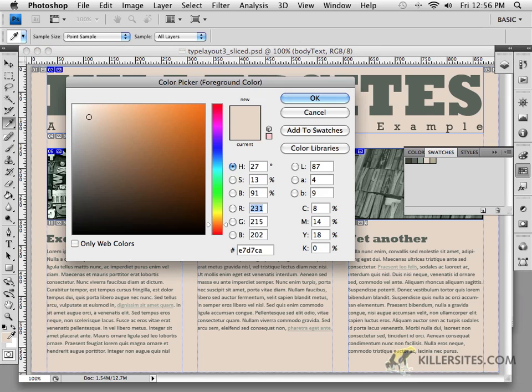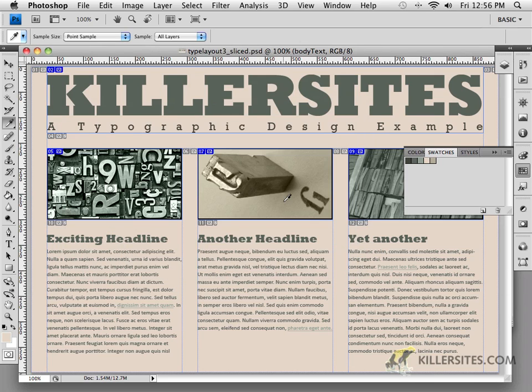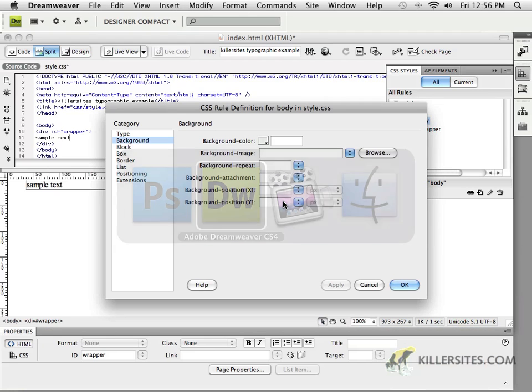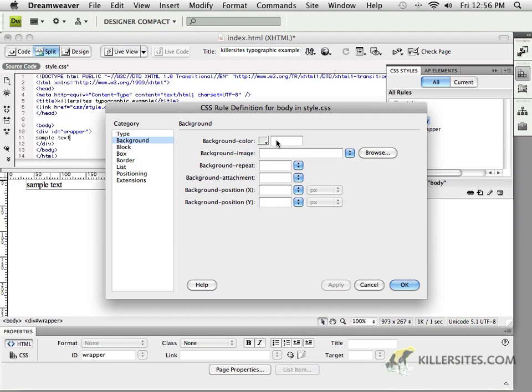If I double click that, or just single click actually, here the color picker for the foreground color gives you a value that is a hexadecimal number. Hexadecimal numbers are what we use inside of our web designs. So, I mean, certainly you could use an RGB value when you're working with CSS, but it's much easier to just give one definition, one value. So I'm going to select everything that's in here, Command C or Control C on a PC to copy this information. Click OK. Command Tab, I'll go back to Dreamweaver, and as you can see here, this is my background